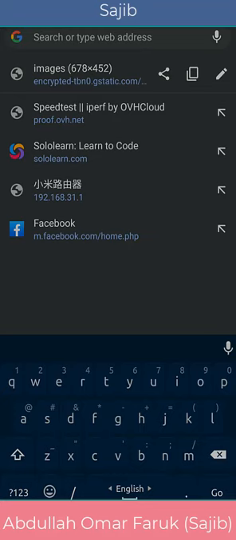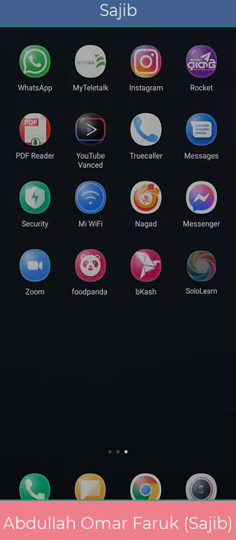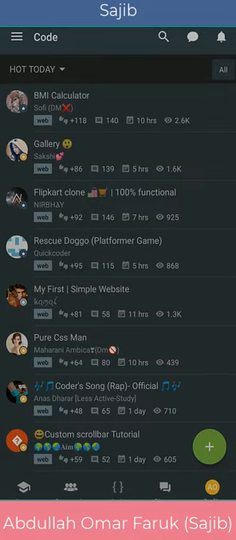Then I go to the app. What is the app? SoloLearn. Okay, here is my app. I'm just going to use the app. Then it is opened actually. So at first you see an interface. This is an interface where I have to write my codes. You see the option code. So this is actually a page that I need, plus sign.